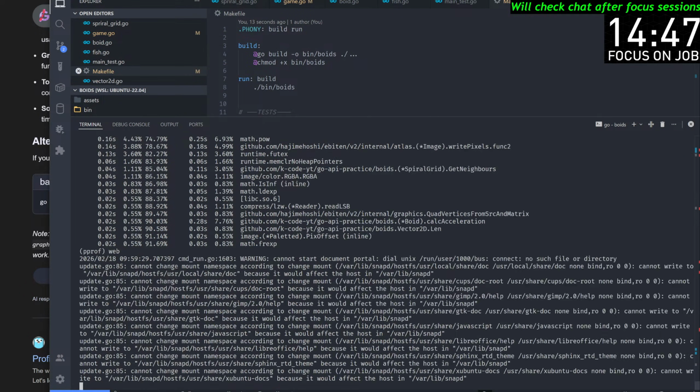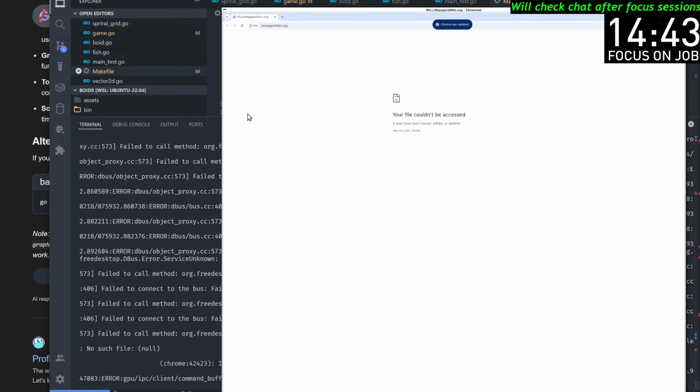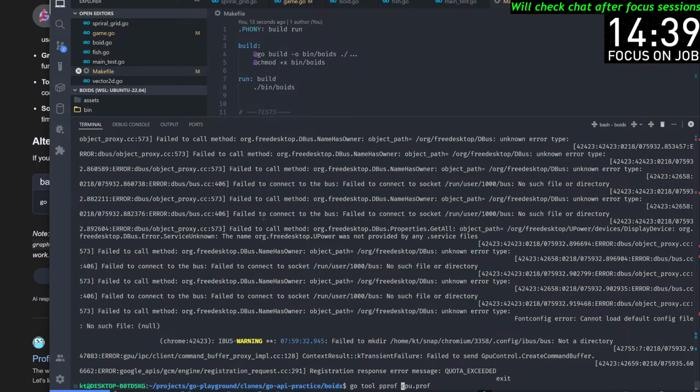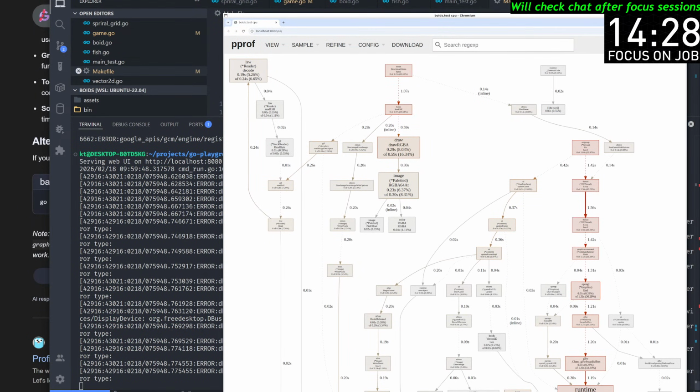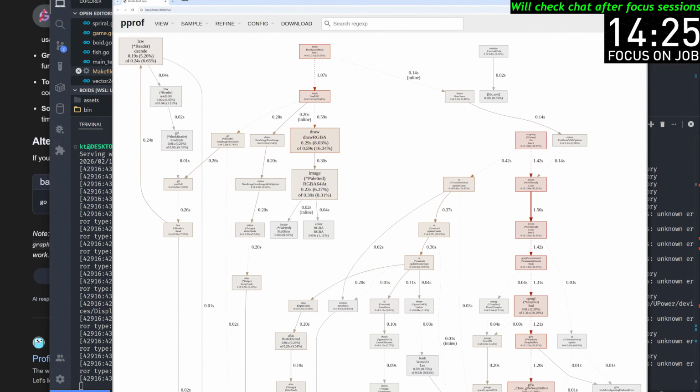Web. Can we do that? Okay, file cannot be accessed. Okay. HTTP. No. Oh. Thought it's gonna be different for CPU profile, but it's the same like for